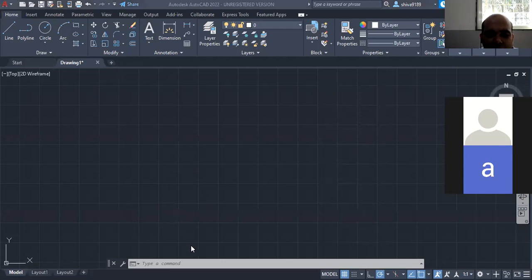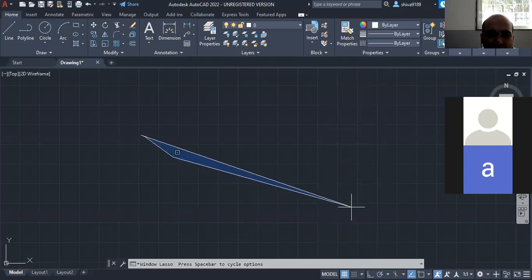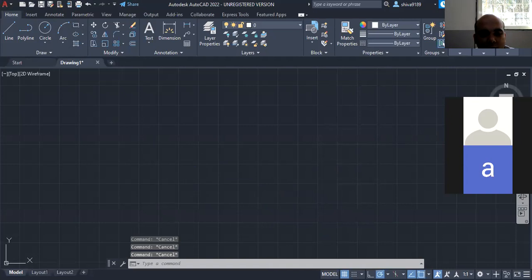So what I was talking about is the limits. The lower left corner is 0, 0, and the right uppermost corner will be your 1000, 1000. This defines your sheet. I'll show it.